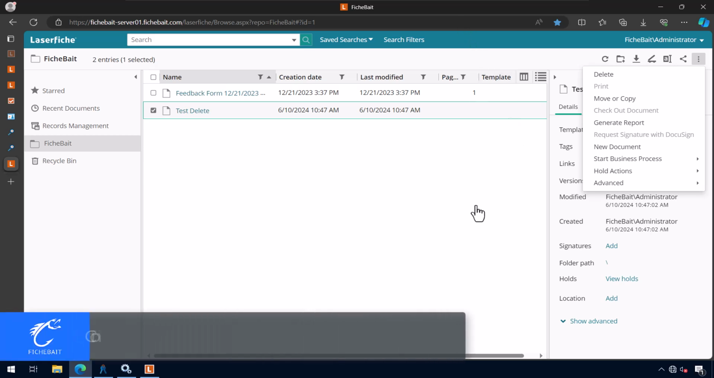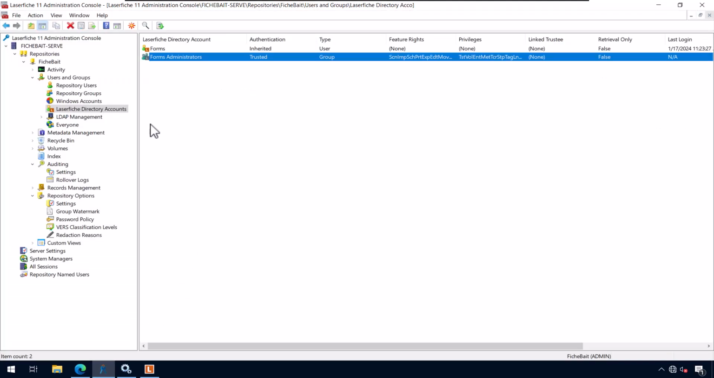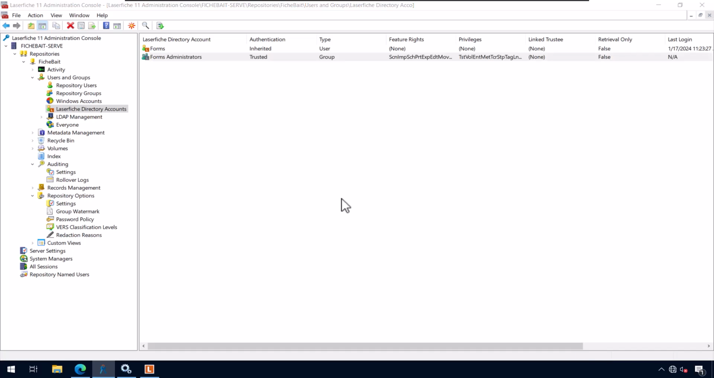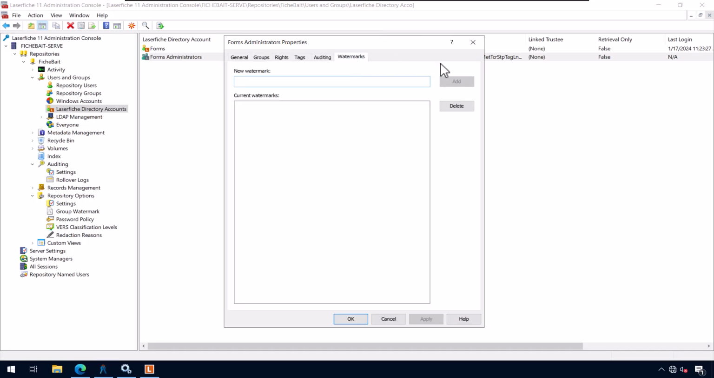Another thing that you're able to do if you have Laserfiche Audit Trail licensing is you can create watermarks. I'm going to go to the Laserfiche admin console, and if I look at this group from the Laserfiche directory server, we can see that one of the tabs that I have here is a watermarks tab. So I can add any text in here that I would want displayed. And where this comes into play